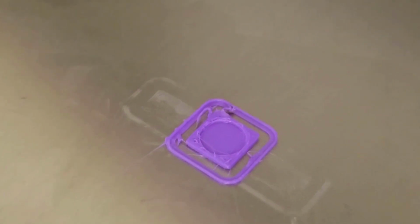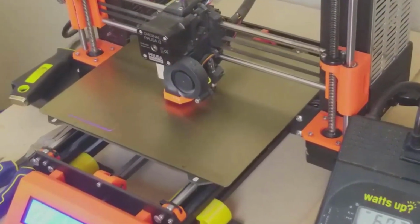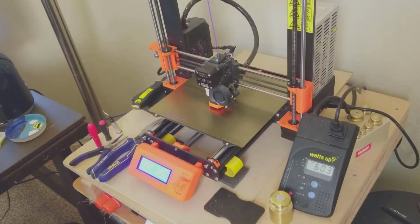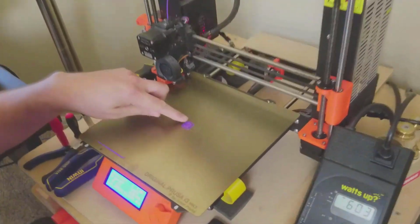But for my purposes, I'm only usually doing it one at a time. So I'm usually only doing this on one layer. So it's usually not a big problem. There you go. You see a little bit more. So it's kind of building up. But anyway, I'm nearly done now. So